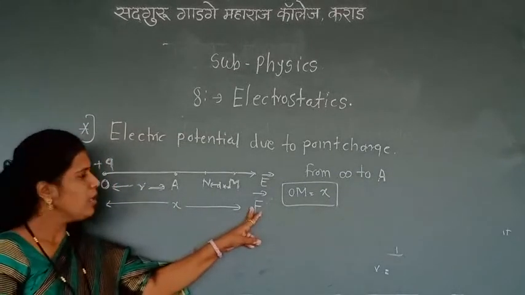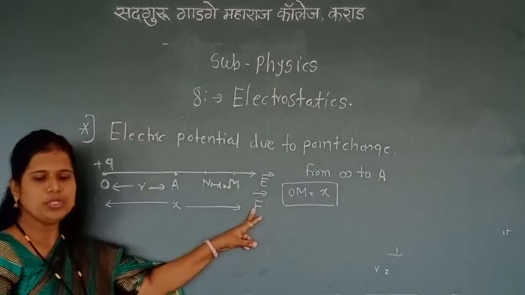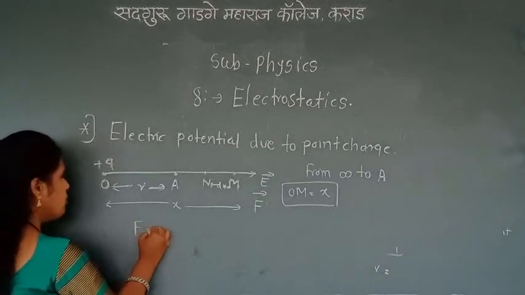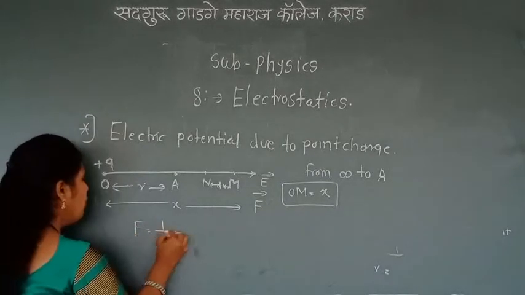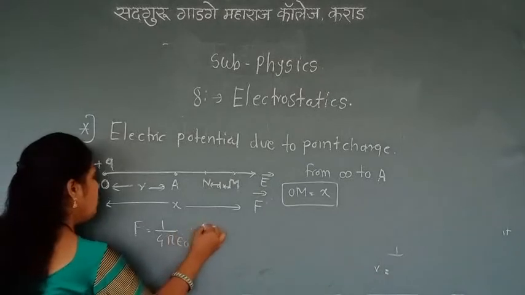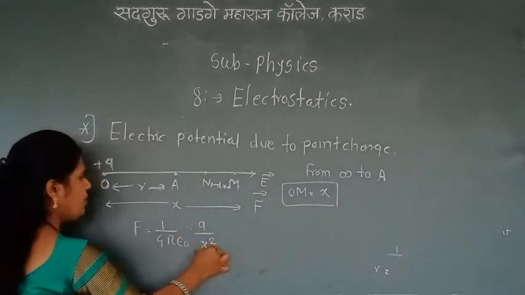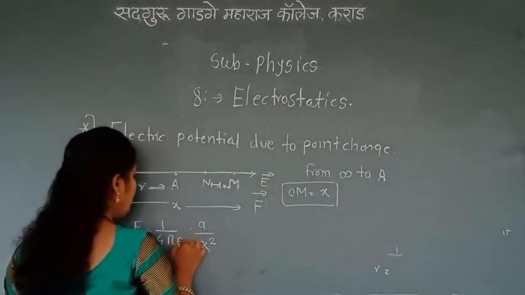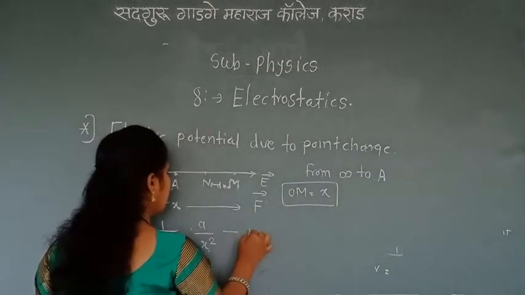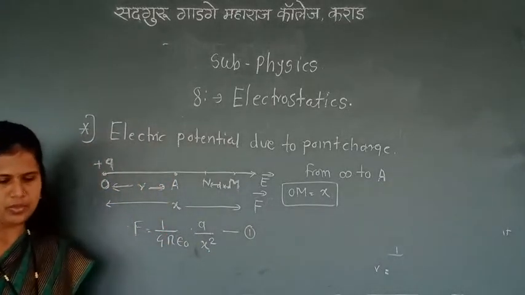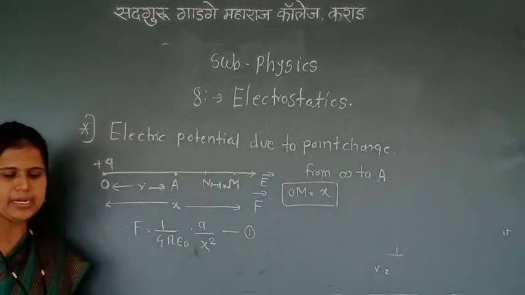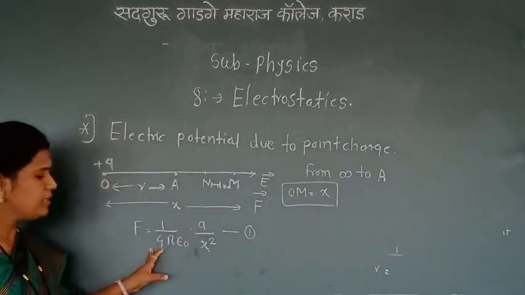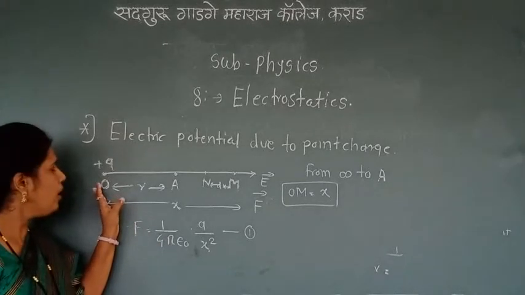The electric force due to the unit positive charge at point M is F equal to 1 upon 4 pi epsilon times Q upon x square. Instead of r square we can write x square because OM is equal to x. F is equal to 1 upon 4 pi epsilon Q upon x square, equation 1. This is directed away from O along OM.